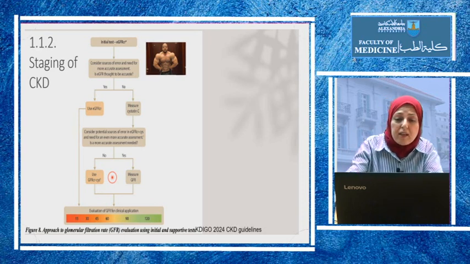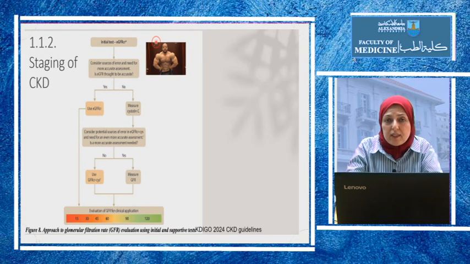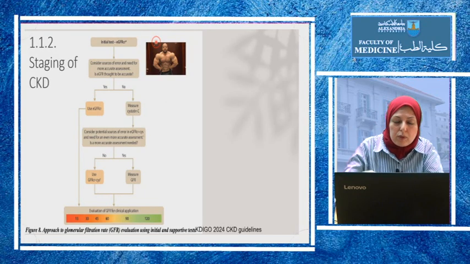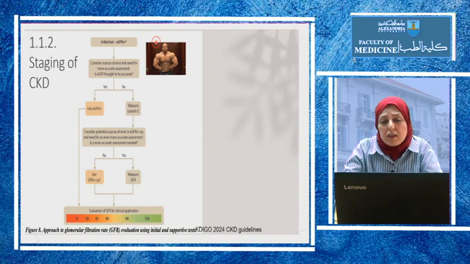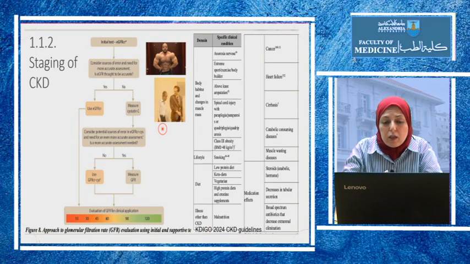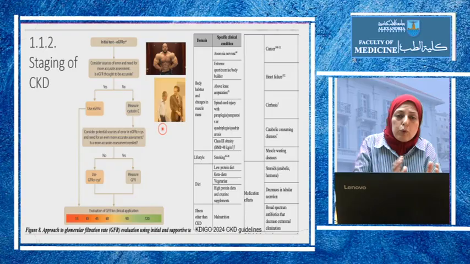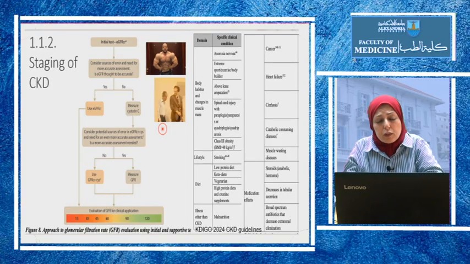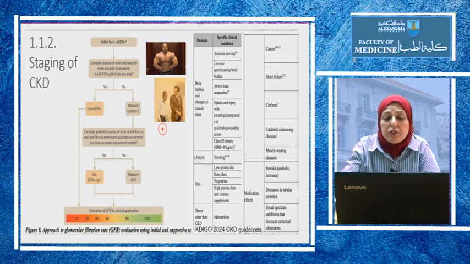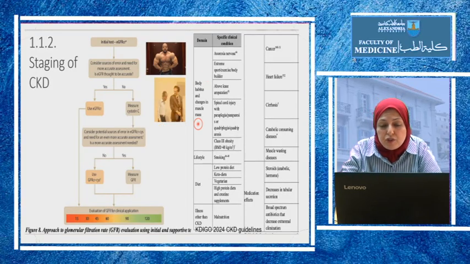If the patient has very high muscle bulk, because creatinine is secreted by muscle bulk, so a bodybuilder may have normal kidney function but have a creatinine of 1.4 or 1.5, and also in patients with very low muscle bulk, they will have lower creatinine than normal, and maybe a creatinine of 0.9 means that they have already lost some kidney function.